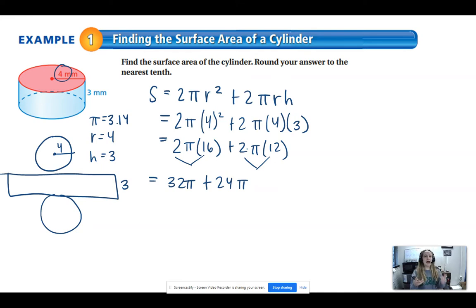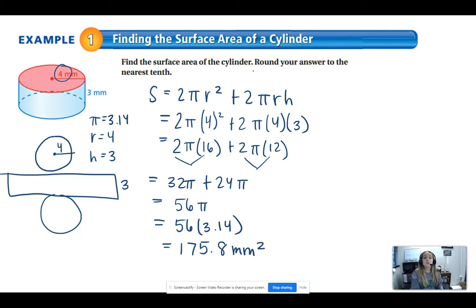Now just think of pi as a variable, okay? So those are like terms. So you can literally just add them together. So 32 plus 24 is going to give me 56 pi. Now, once you've combined all those things, then you plug in 3.14 for pi. So 56 times 3.14, and that's going to give me 175.8